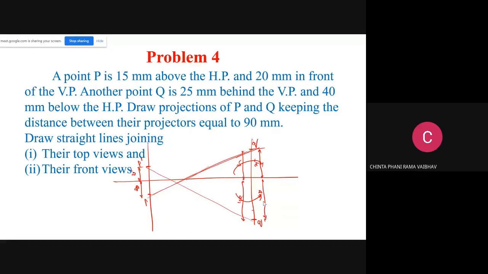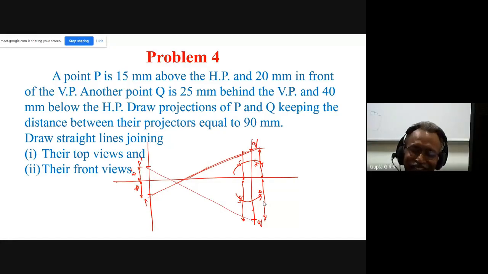Sir, one thing, sir. Yes. I forgot to mention the 90 mm gap between them. Yeah, that's right. Very good. So this 90 mm way to show here also; some people show the 90 here. I should not show it like that because it again cuts the lines. So I have to show it on either the upside or the downside, only one side. I have to show it like this.